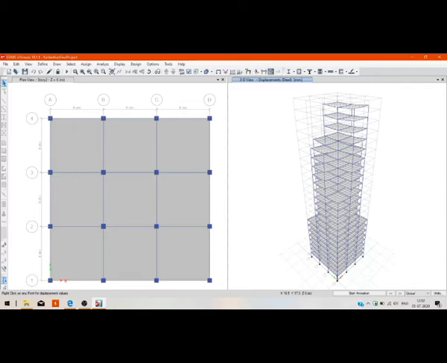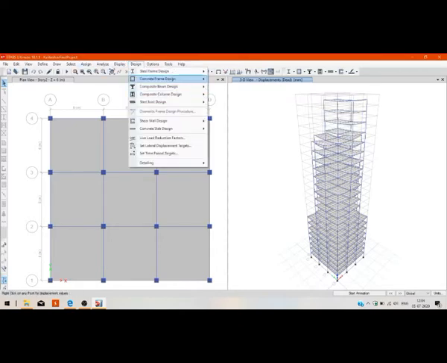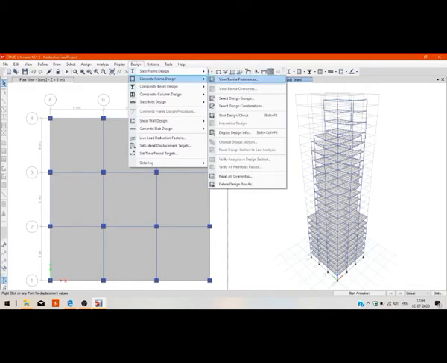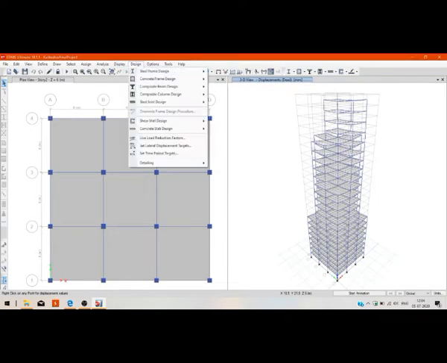It is analyzing. You can see the deformed shape on the 3D tab. The deformation values are shown in the yellow box.